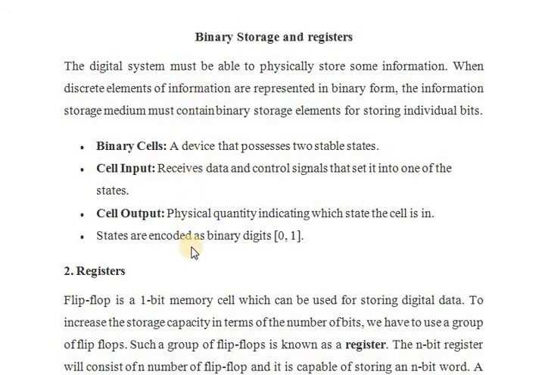Since a cell stores one bit of information, it follows that a register with n cells can store any discrete quantity of information that contains n bits. If there are n cells, it can store any discrete quantity of information that has n bits. So that is the general thing about a register. Register means you should keep in mind it is a group of binary cells, since a cell can store one bit of information.